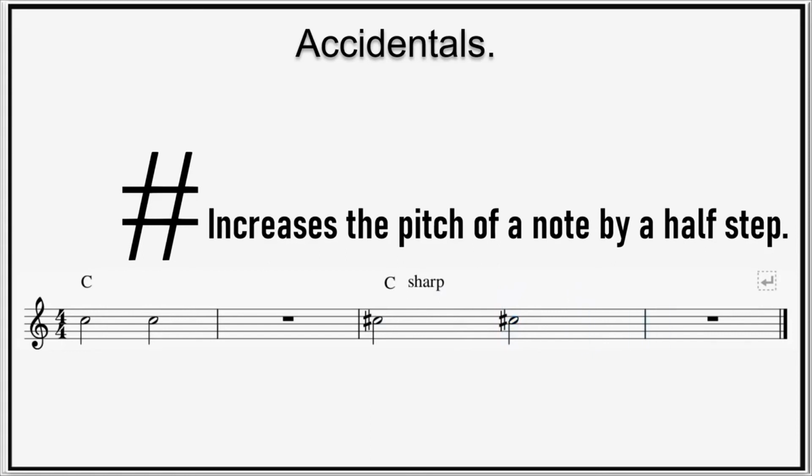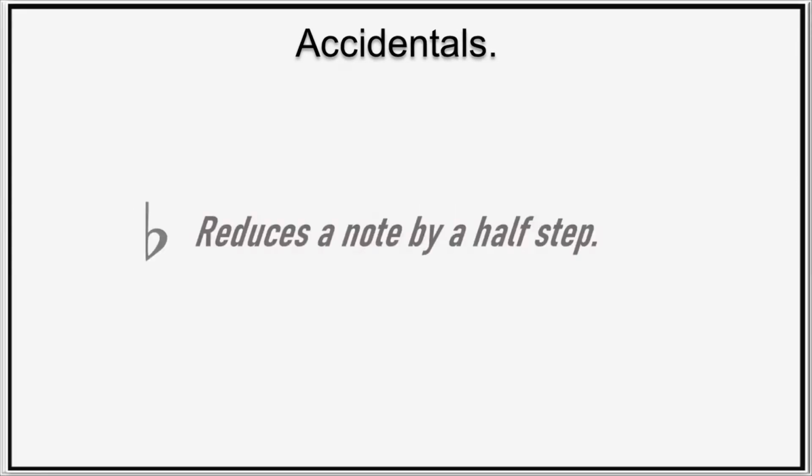from the example, you can say that the sharp simply means play a note a semitone higher. The flat sign. When this is written before a note, it reduces it by a half step. So, it means play a note a semitone lower. Thus,